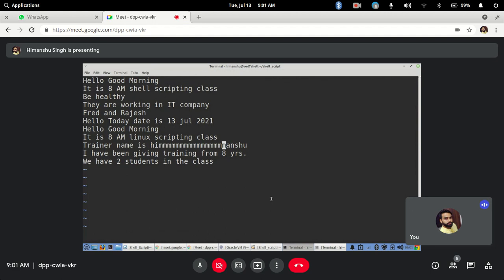Okay. Now next, again the same thing, but with capital S. It will remove everything from that line. Wherever you are, it will delete the whole line, and you can replace it with new text.